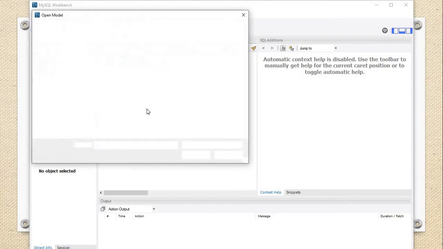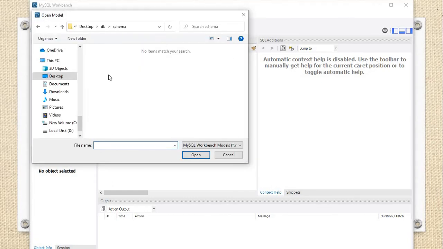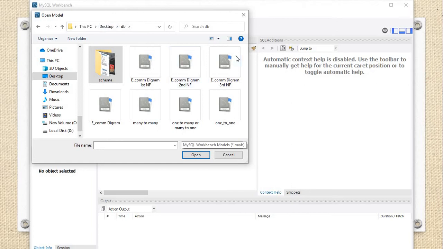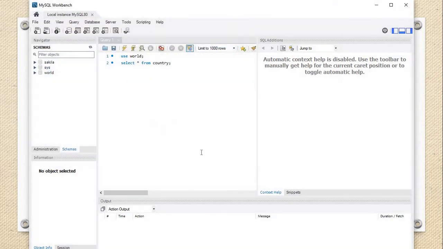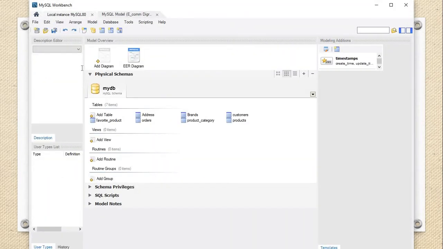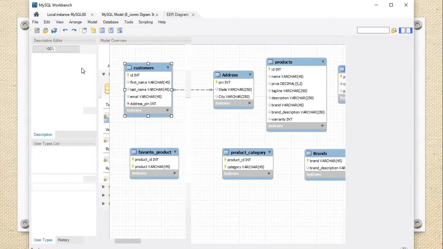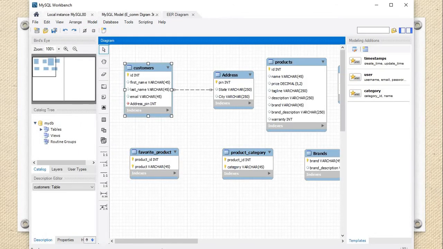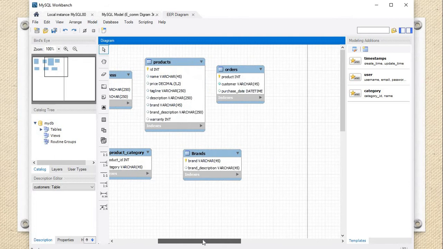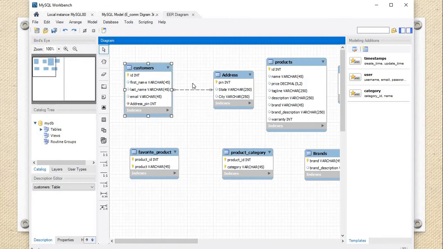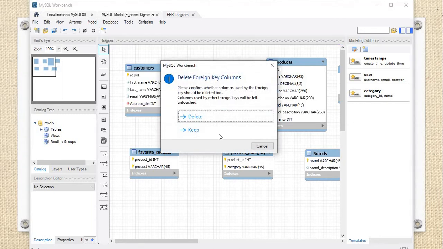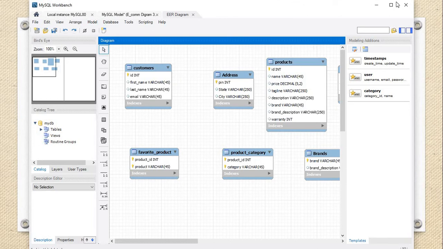So open model. Just check whether the model is right. Assume this one is the model, and this one is our table.